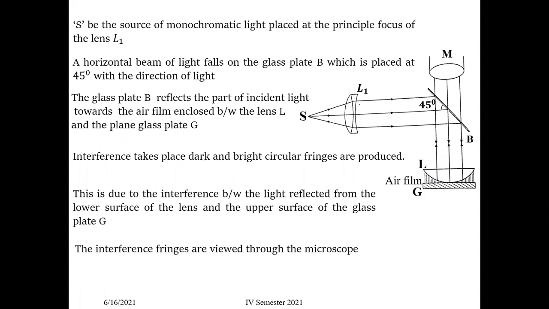Okay, this is a small introduction about Newton's rings, how they are formed. Then we have to discuss some theory regarding Newton's rings. In the previous topic, we discussed the interference in the thin film due to the reflected light and also the transmitted light. Both the interference due to thin film and the Newton's ring experiment are examples of interference due to the division of amplitude.